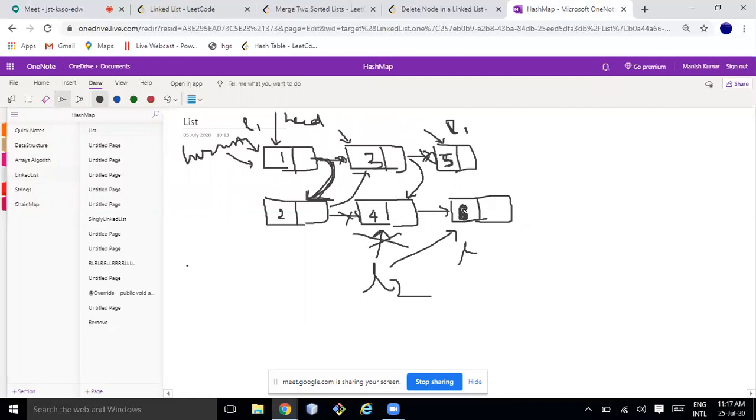So 5 is less than 6, or which one is the lesser? So this will be pointed to this one, this is deleted, this is pointed to this one. After that both are null, so this is the list 1 2 3 4 5 6. What will happen, guys, if after 6 there are more elements like 8 10 12? This can happen to either L1 or L2.